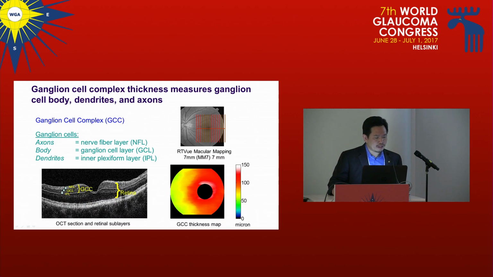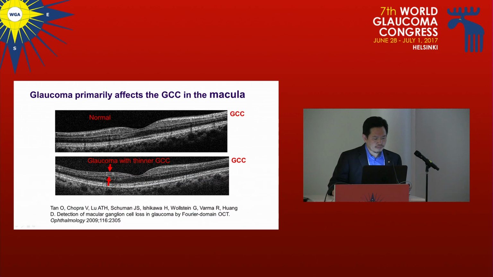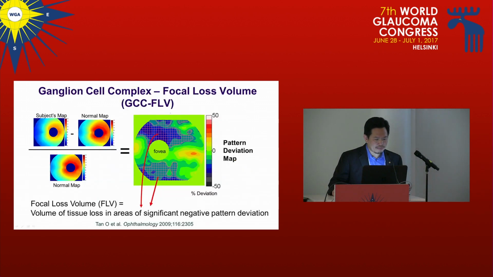As you may remember, ganglion cell complex is abbreviated GCC, and it includes the nerve fiber layer, ganglion cell layer, and inner plexiform layer. And these 3 layers are primarily affected by glaucoma, while the deeper layers of the retina are relatively spared. And we have known this since 2009 when we described